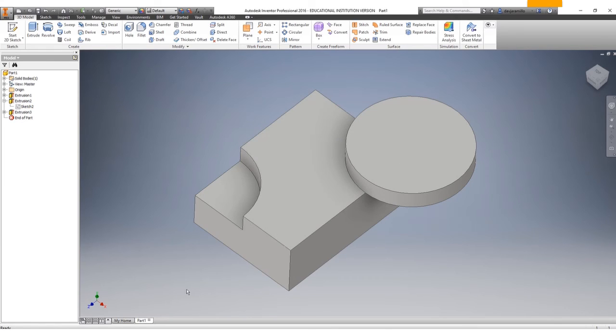So what I want to show you is we can go back. I think this circle is too big now that I look at it. And so without having to erase anything or start over or hit the undo button a bunch of times, all I'm going to do is I hit the little plus sign right here. So I opened up extrusion 2. And now where it says sketch 2, right next to it, there's a little square picture. Okay, just like these have these pictures. If you double click on that